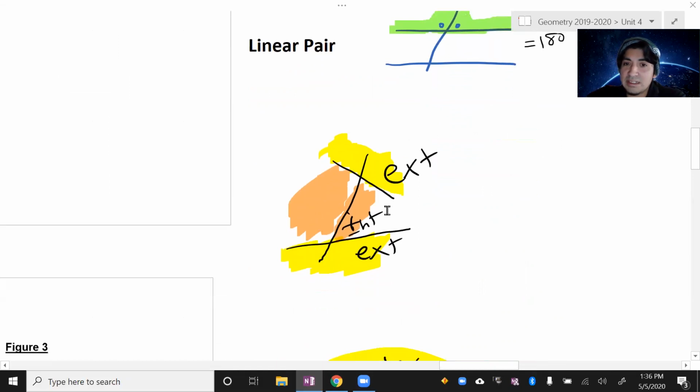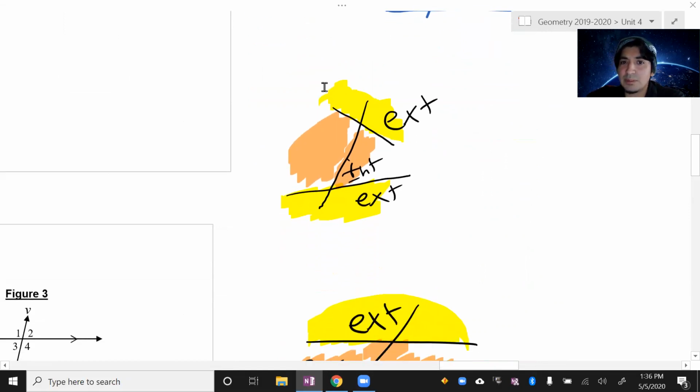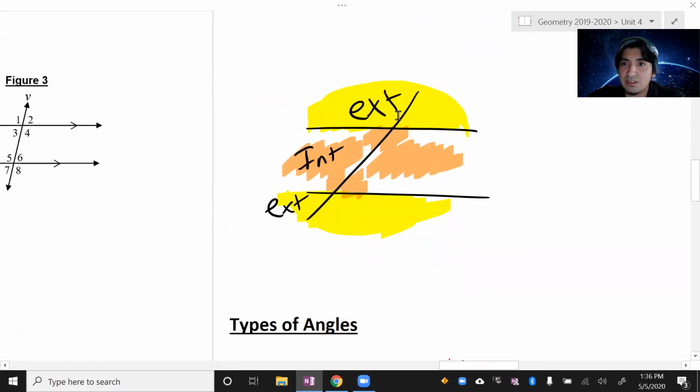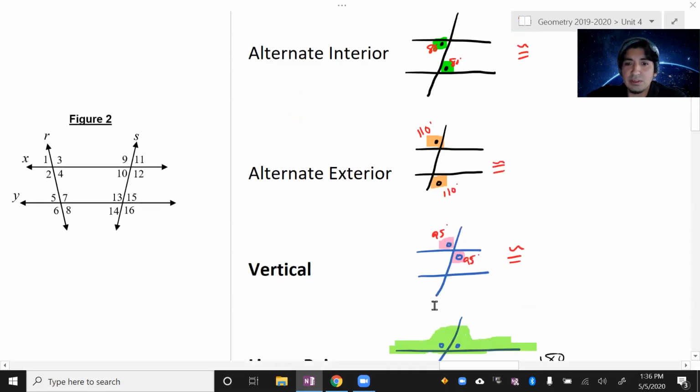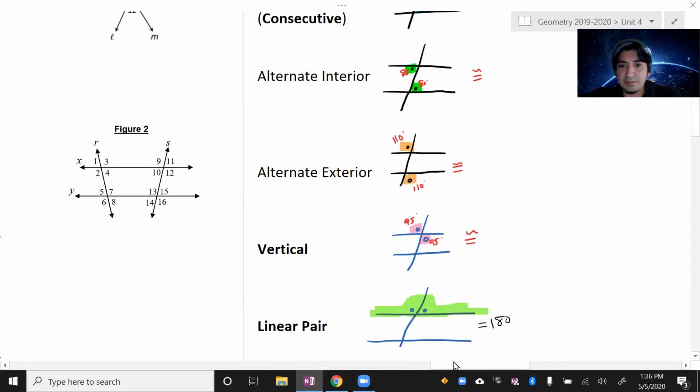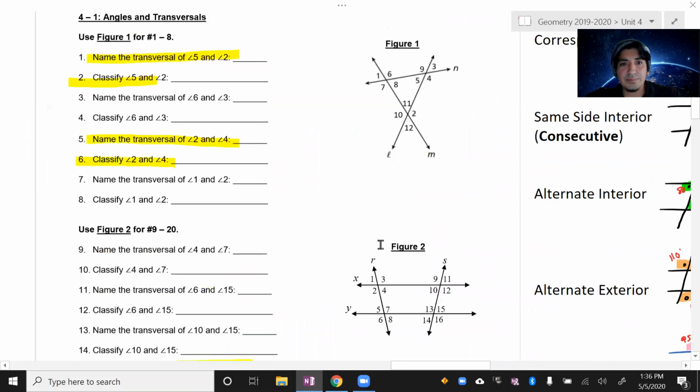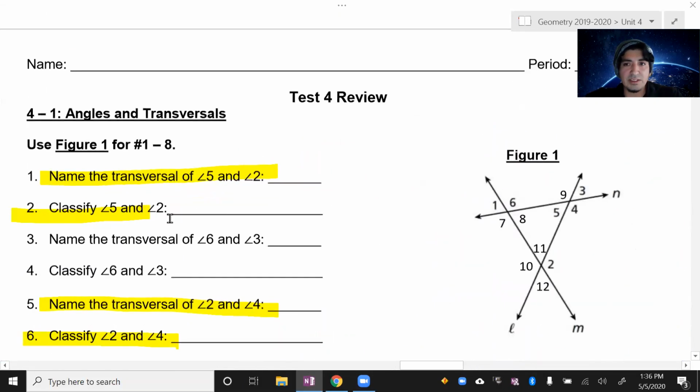So make sure you know what's considered exterior and interior too, because that will help you identify what type of angle it is, especially when you have this sort of situation in comparison to this nice, perfect situation, okay? So we'll go through these and do a few examples here and there. Okay, so number one,